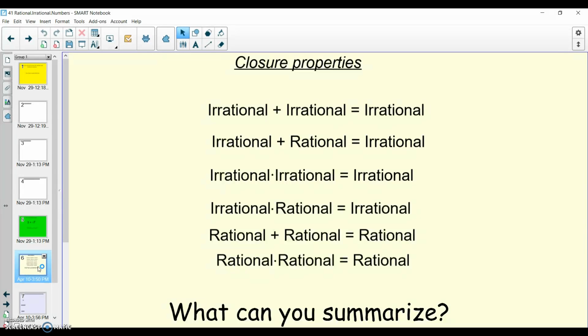So if I'm adding two irrational numbers, that's irrational. Multiplying two irrationals, that's irrational. Basically, the only time that my answer is rational is if I'm adding, subtracting, multiplying, or dividing two rational numbers. So you can see here that both numbers have to be rational in order for your answer to be considered rational. So there you go. That's how you classify